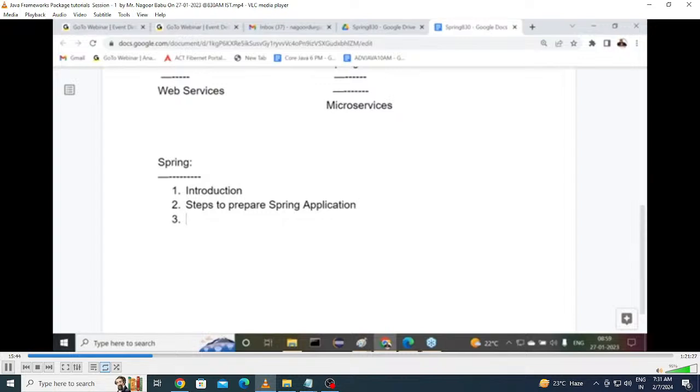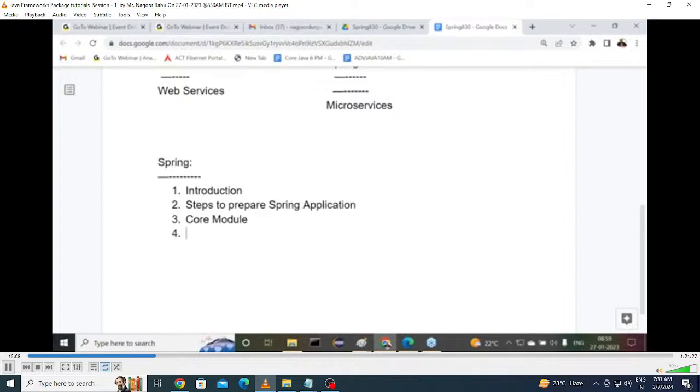All right, sir. The third one, where I'm going to start, is the core module. In the Spring core module, the IOC container topics are available, like ApplicationContext and BeanFactory, different containers. What is the need of these containers? What is the life cycle of the containers? Then, what is the meaning of dependency injection? So many core concepts are available.